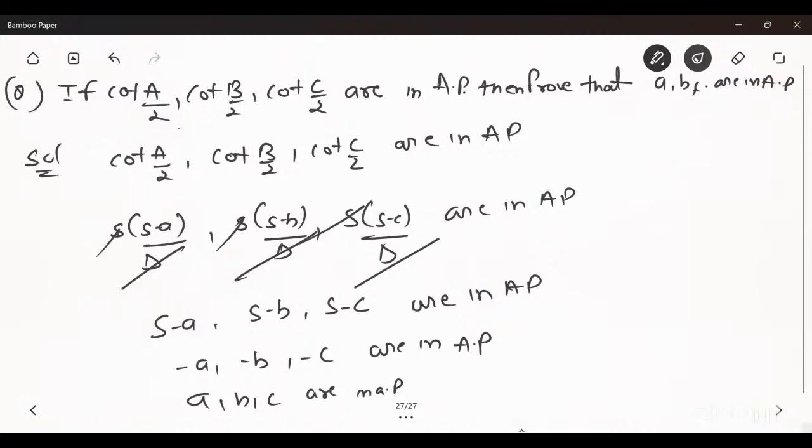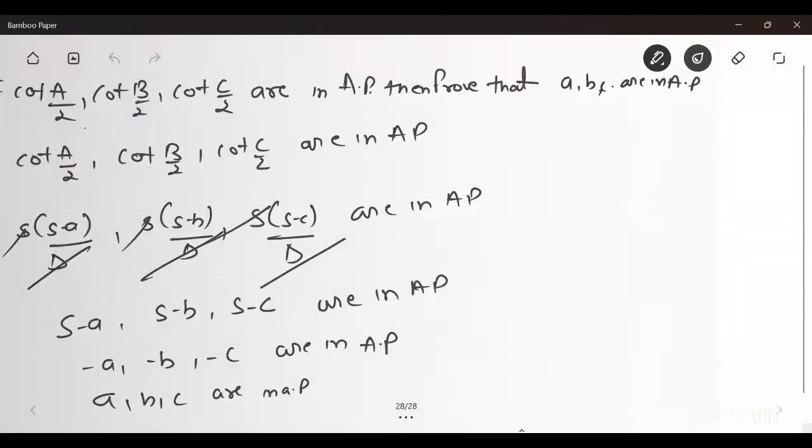Now next is: prove that cot A by 2 plus cot B by 2 plus cot C by 2 is equal to s square upon delta. Now the next question is,